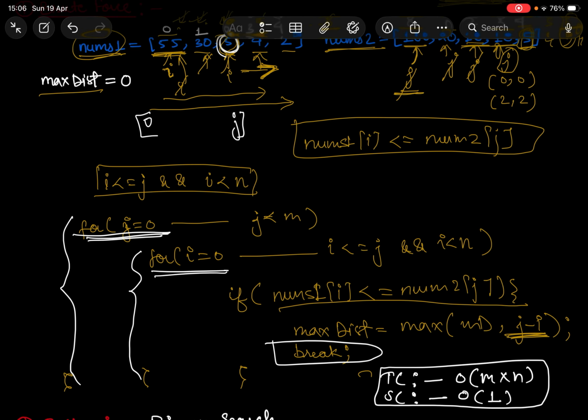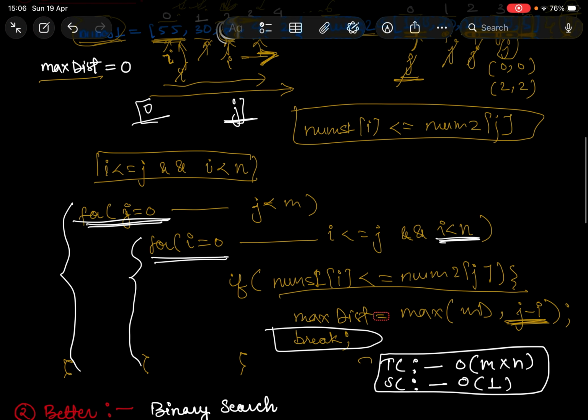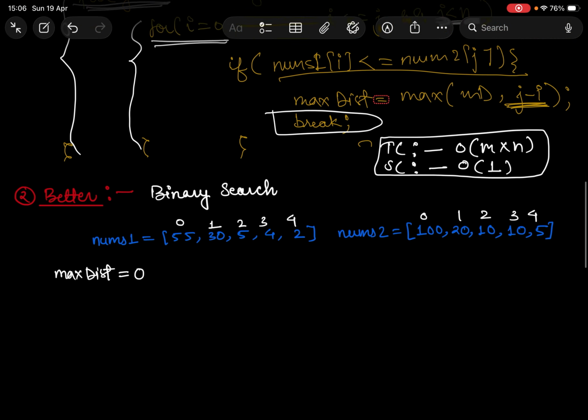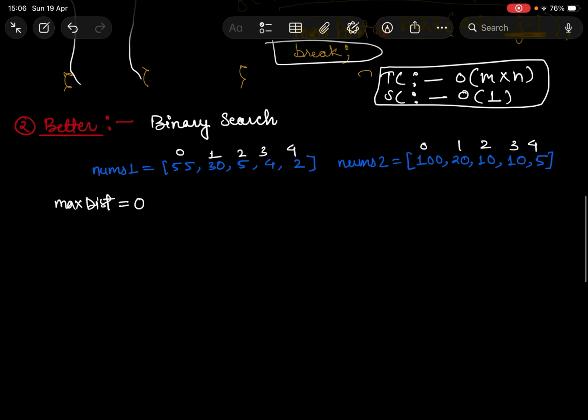So if we turn this portion into binary search where our range is basically 0 to j, or we can say 0 to minimum of j or n minus 1, because we know that it can exceed, so 0 to n minus 1. And if we do so, we would be able to optimize this solution further. So I hope the general binary search approach everyone knows, so I would be just coding that out for a quicker